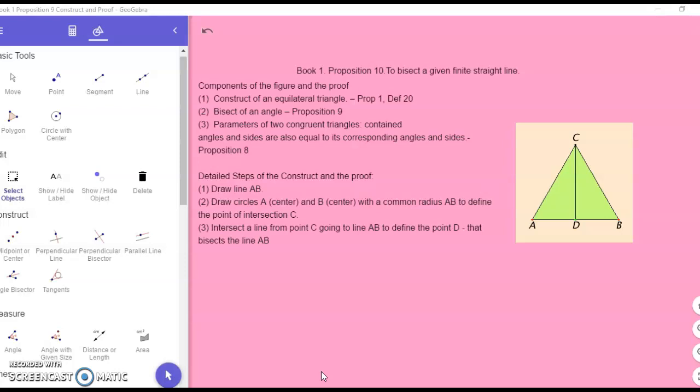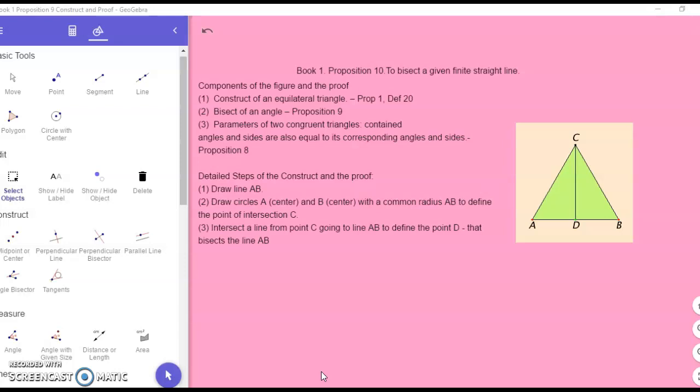And when we say finite, it means a component with boundaries. Hence, it is not extending without an end. And we cite this proposition when we need to divide a line into two equal parts and prove other propositions. And as an overview, in order for us to be guided on how we're going to construct the figure